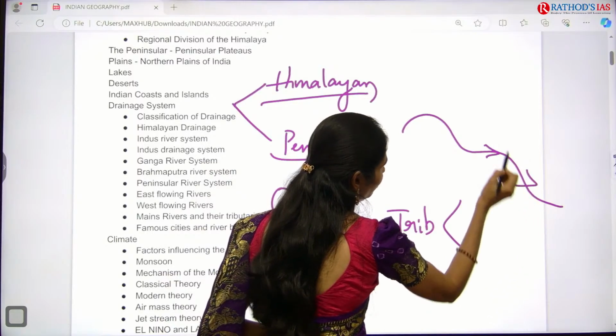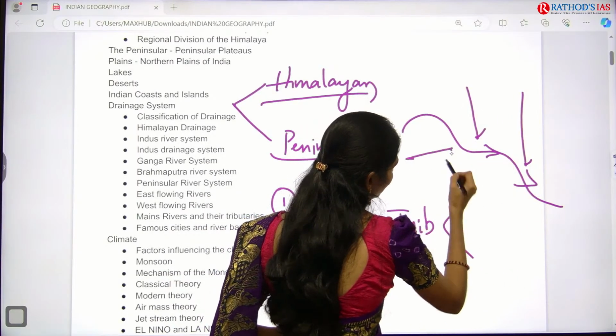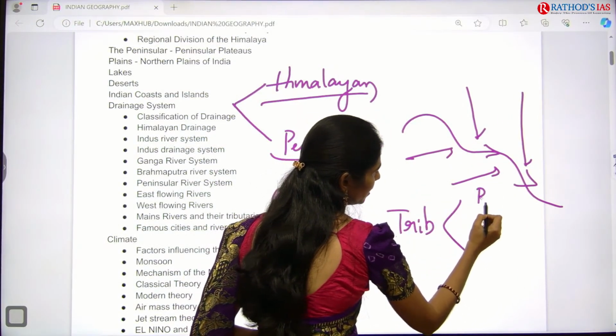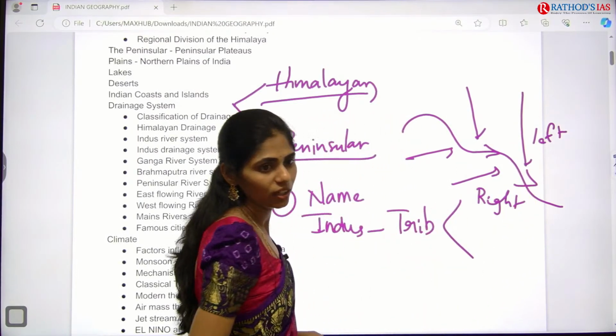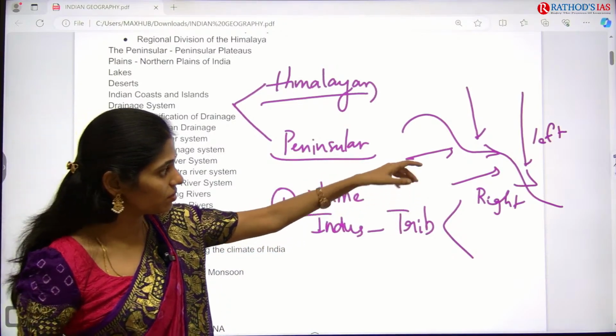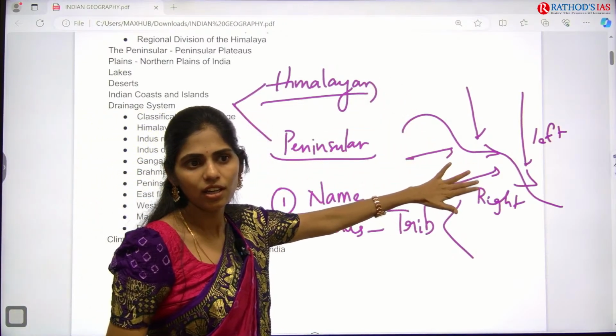Okay, it is the direction of the river. So tributaries are coming in this direction. So this will be the right bank and this will be the left bank. You have to know the direction of rivers, from where they are coming and joining, because you have to